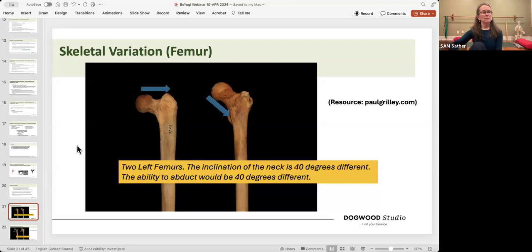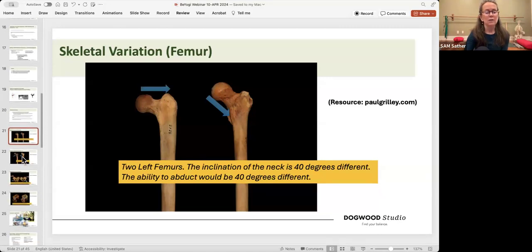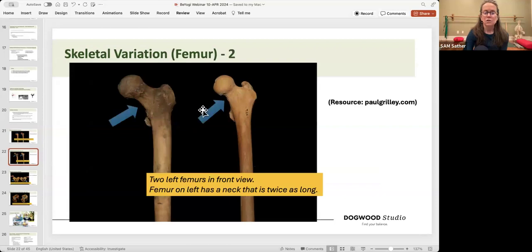So some of your clients, when they go into standing position and their leg is out to the side, the reason they're not able to fully extend may not be fascial. It could be very much they are compressing as soon as they start to go up and the leg is being pulled down from the compression. You can only know if you ask them and teach them in their body what compression feels like versus tightness. Tension is different as well. So this just shows you a little bit more how these bones could be quite different.